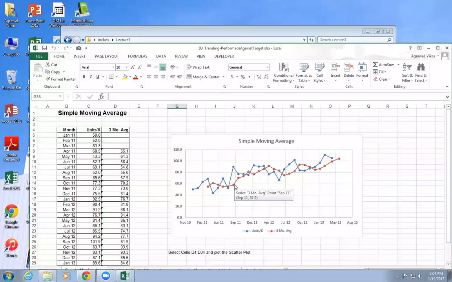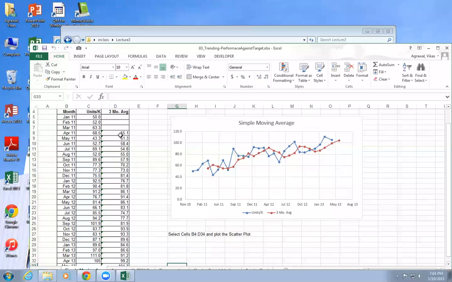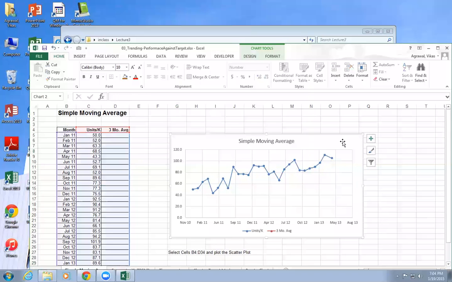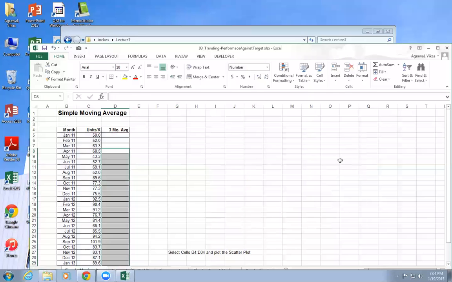So there are different tools we use. Here we're going to use moving average. For example, what we're going to do here is let's delete this one first. I'm just going to delete that data here. Okay, I will delete this chart here so that we can create it, right?